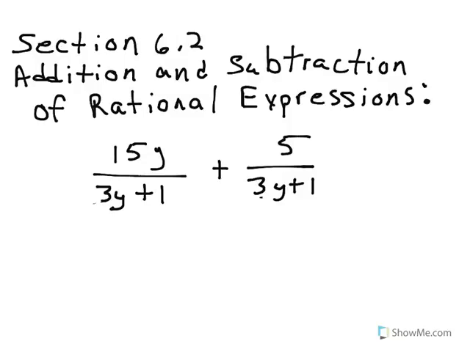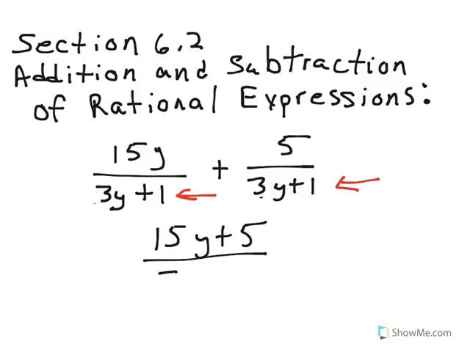Section 6.2, Addition and Subtraction of Rational Expressions. When you are adding rational expressions, you must have like denominators. When you have like denominators, you add the numerators 15y plus 5 and keep it over the same common denominator,